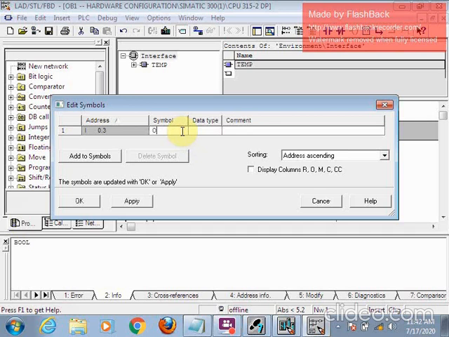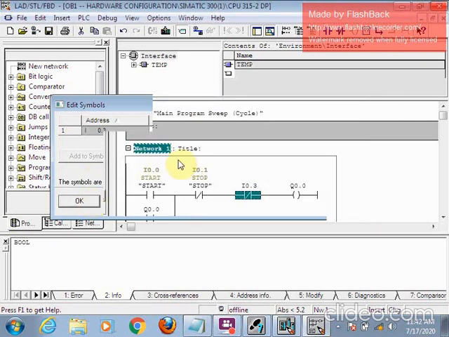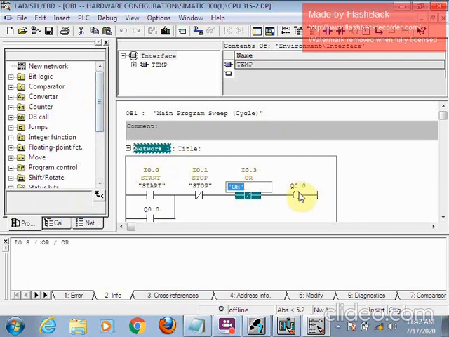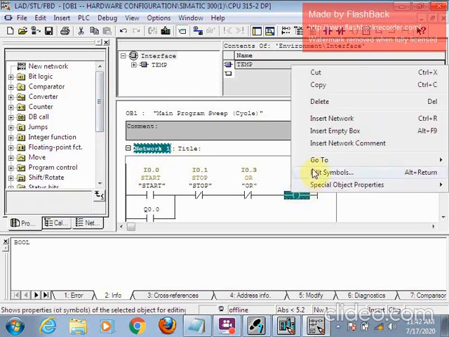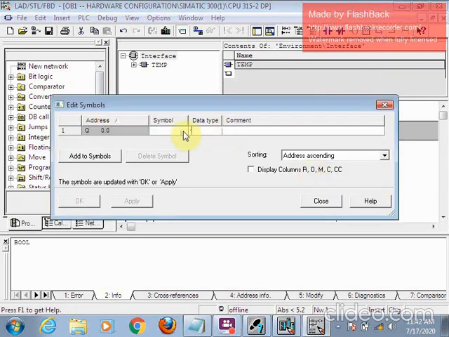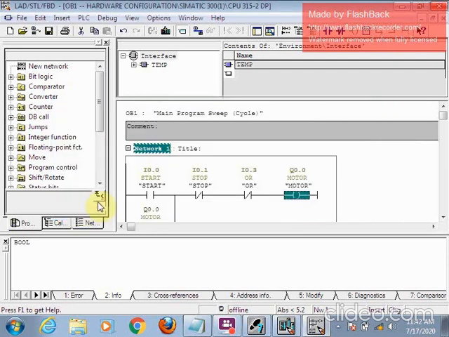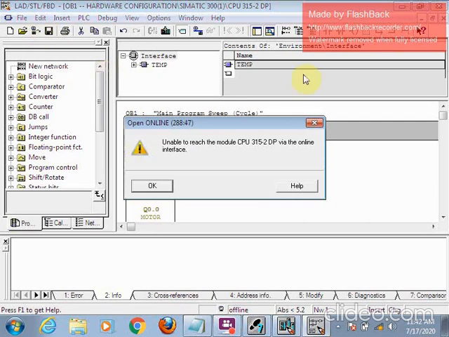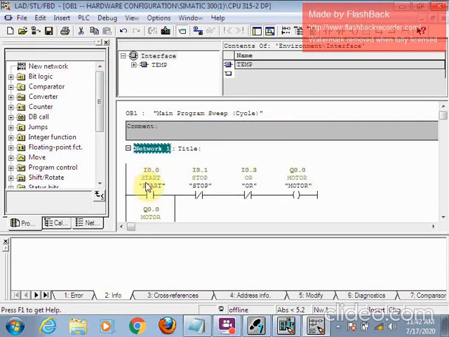It's for overload relay. So just save it.